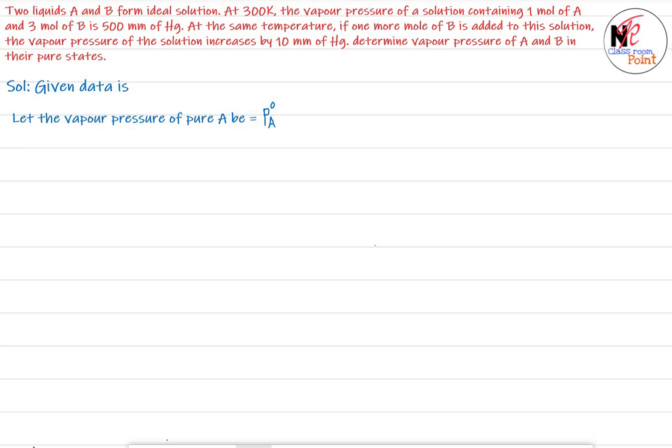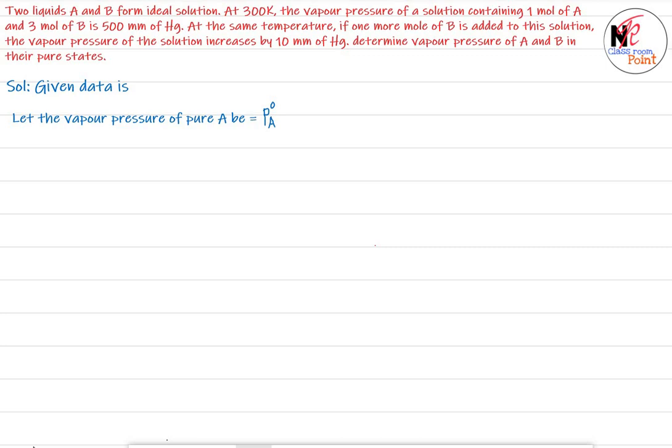In this session, let us discuss the liquid in liquid type of solutions and Raoult's law for the liquid in liquid type of solutions. Earlier we had discussed Raoult's law for a non-volatile solute dissolved in a volatile solvent. But this part is about both being volatile liquids, so it is a liquid in liquid type of solution.